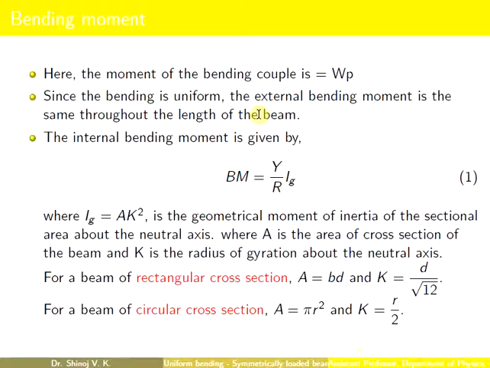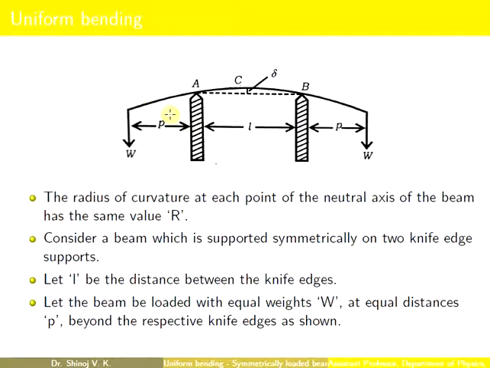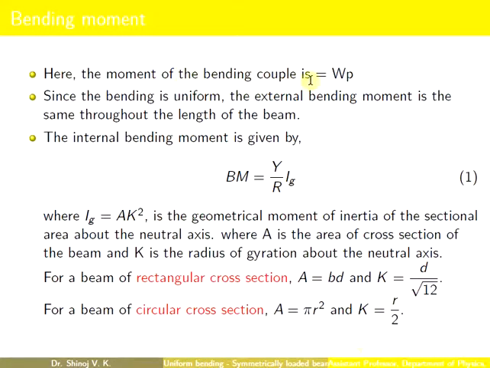Now, the moment of bending couple will be the force into the perpendicular distance. So here you can see that the moment of bending couple will be the force acting on this beam, which is the weight which we applied here, and the perpendicular distance from the support is P. So the moment of bending couple is W into P, where W is the weight and P is the distance where the weight is hung away from the knife edge. Since the bending is uniform throughout the length of the beam, the external bending moment is the same throughout the length